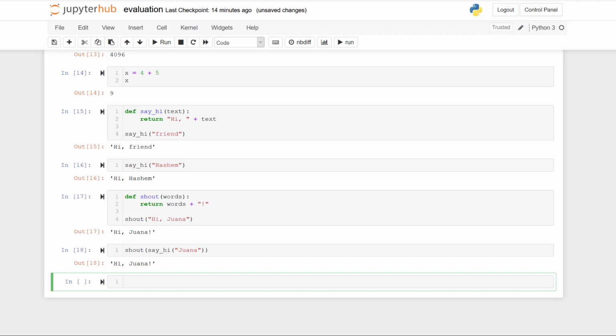Now note that I talked through all of the evaluation steps, but you cannot see them happening. So you cannot observe these evaluation steps. And that's why it's so important to understand the order in which the code will be evaluated. It will really help you understand what's happening when you run your programs or when you run programs that somebody else wrote.